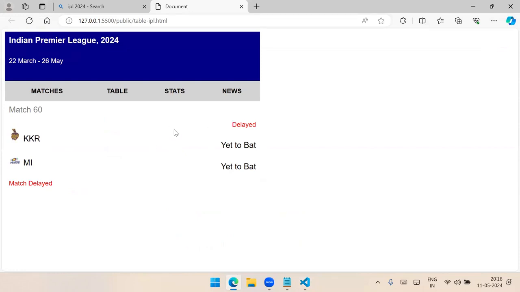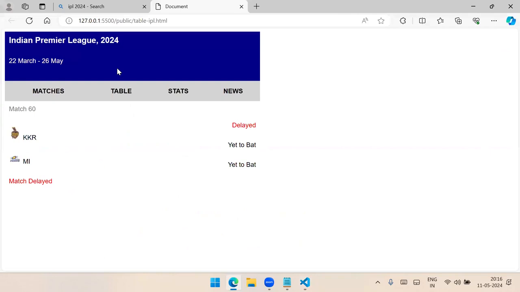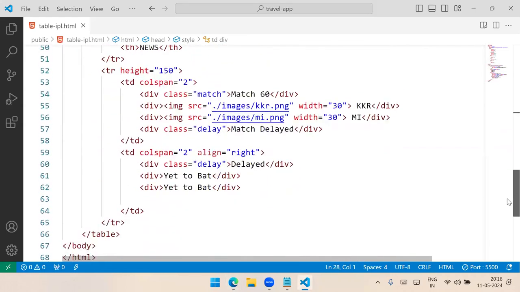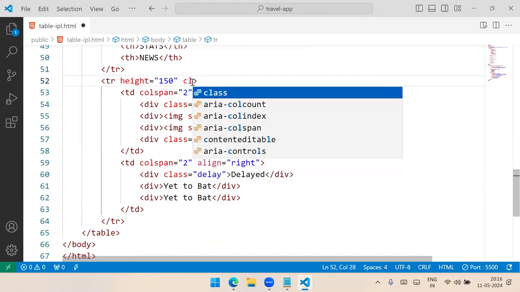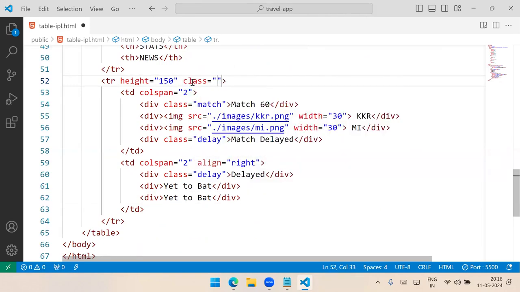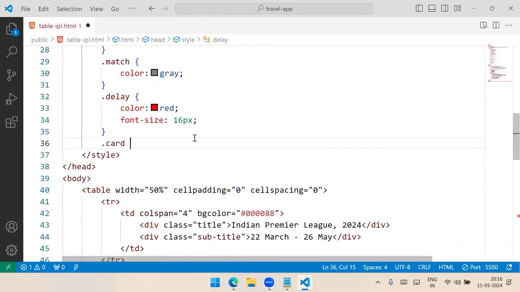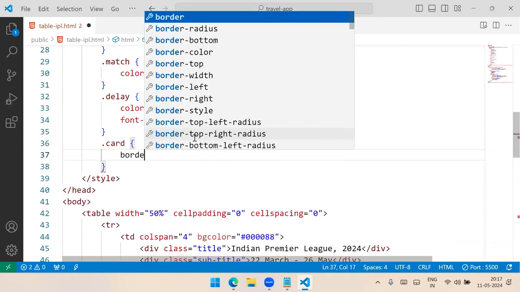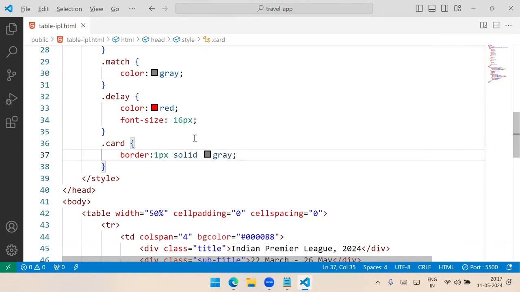That's just one option. Now we need to show it like a card. So how do we show it like a card here? What we do, this row must be displayed like a card. Which row? This is the row we have. So on this row we will put a class, we will give card. Okay, the row is treated as a card. So what we have to do, dot card: border as 1 pixel solid some gray. That means you can see that. So that row is having